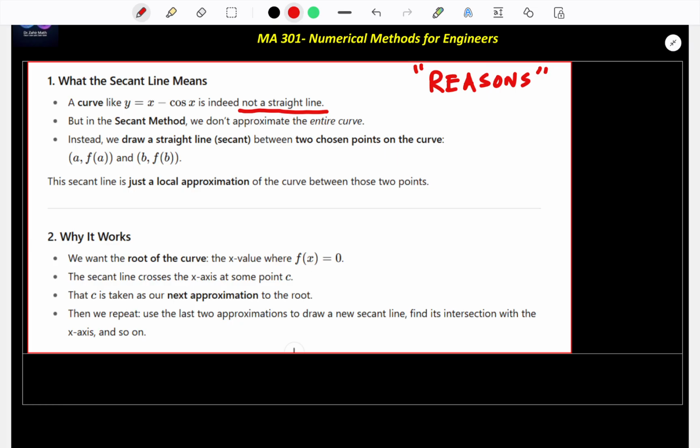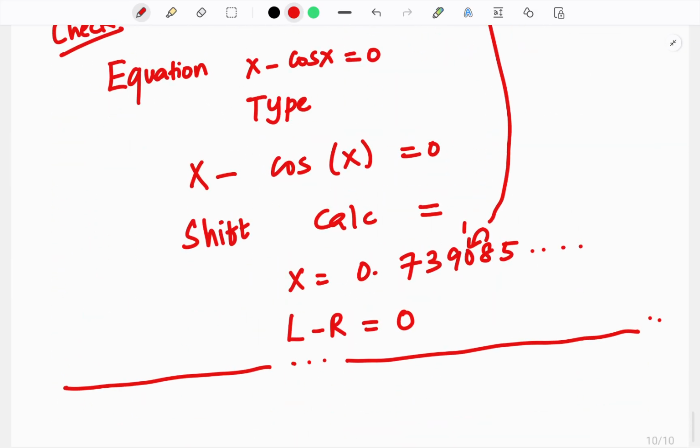So we repeat the process with the new points again and again until we get close to the actual root. In this way, we can use the secant method for curves also, that means trigonometric functions as well. The reason is that we use an approximation of the curve in a small region, not for the entire curve. Clear, all of you? Now, Alhamdulillah, we finished the secant method, so we have solved both questions using it